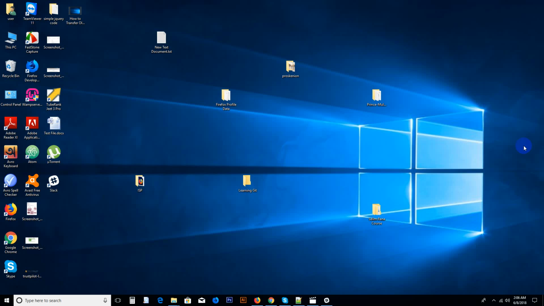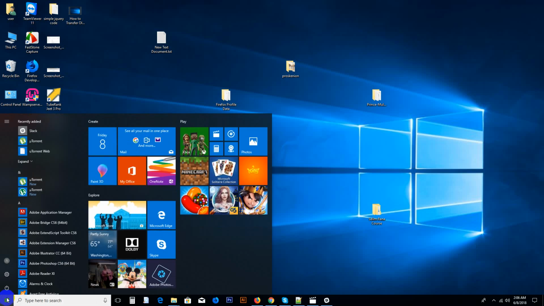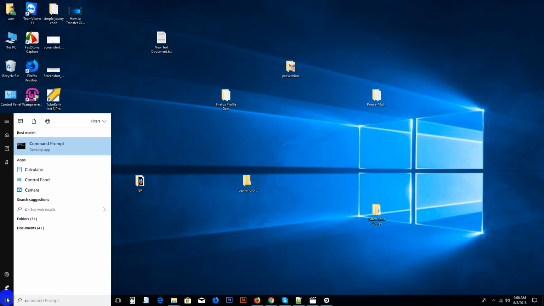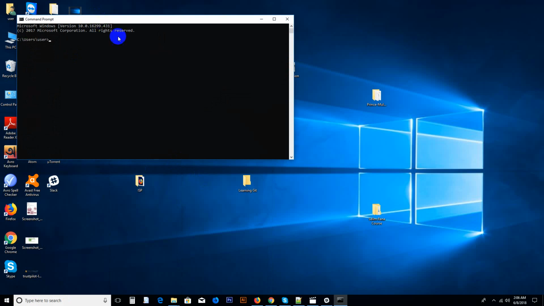So first of all you have to go to the command line on your PC. So I'm searching here for command prompt. Just go to command prompt, then you have to type